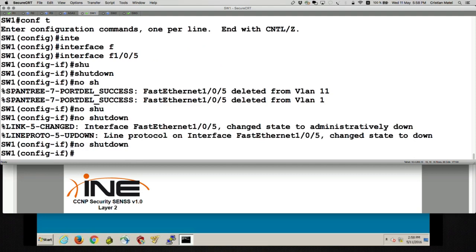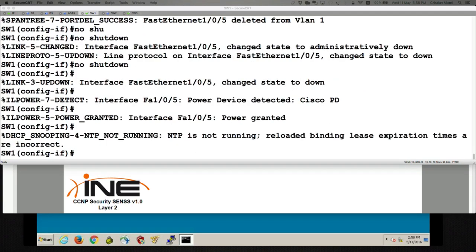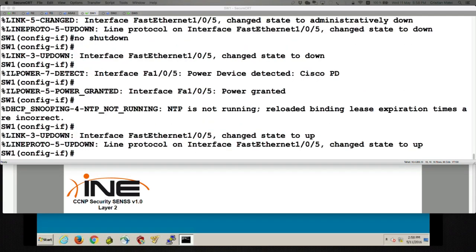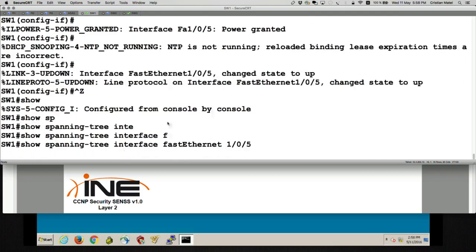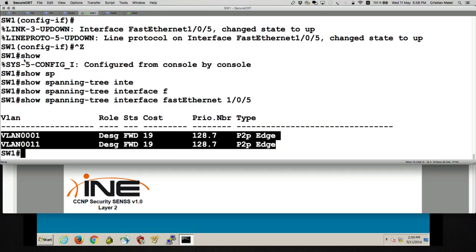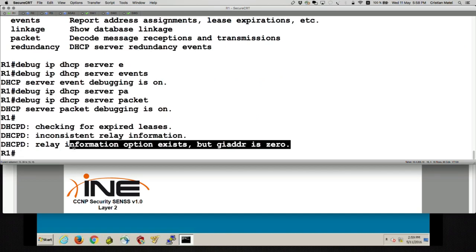Give it a couple of seconds for the client to be able to send a DHCP request. Show spanning tree interface FA105. It is in forwarding state now for VLAN 11, and router 1 has received a request, but it